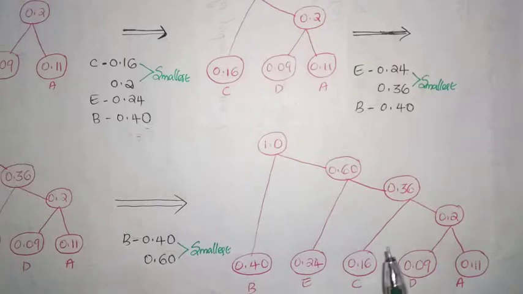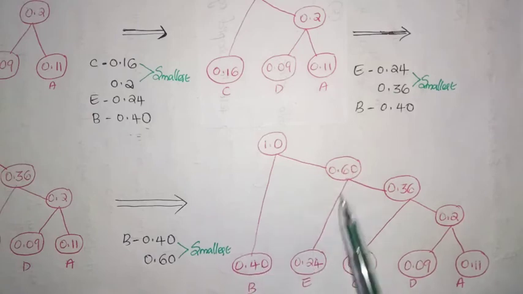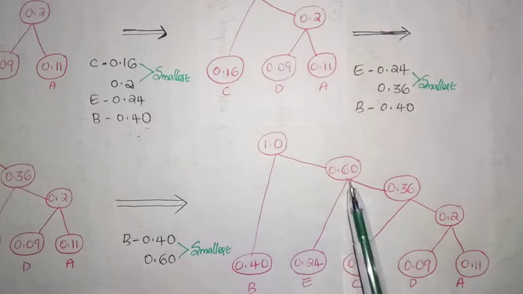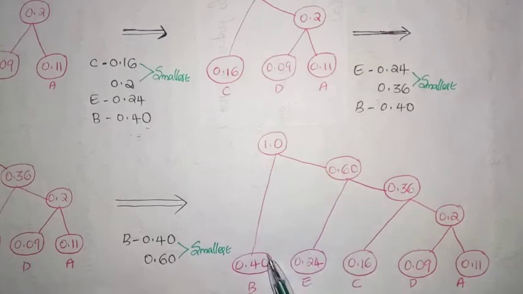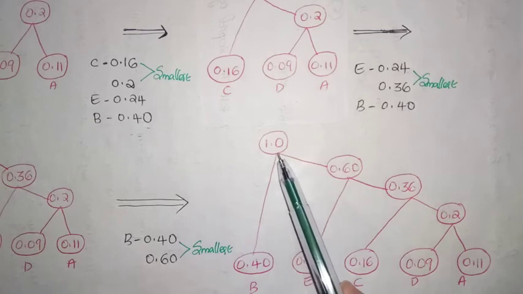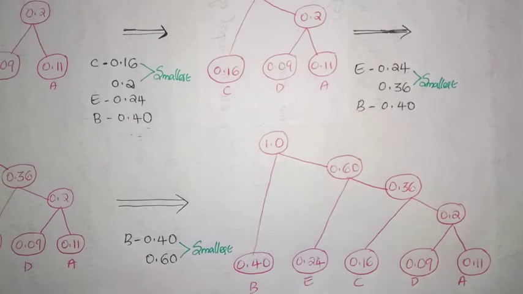Okay. So this is the Huffman tree that we have obtained. Since 0.40 is the smallest one when compared with 0.60, it is placed on the left of this 0.60, and these two values are again added together and we get a new node having the value 1. Okay. So this is our Huffman tree. Now we can say that we successfully created this Huffman tree.